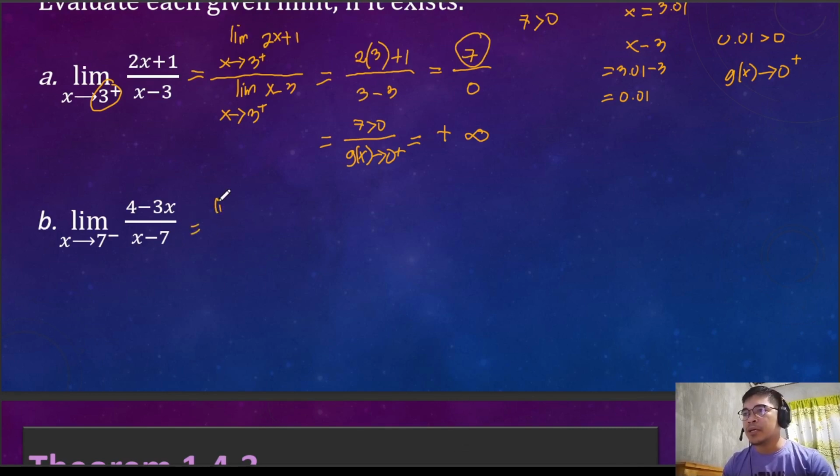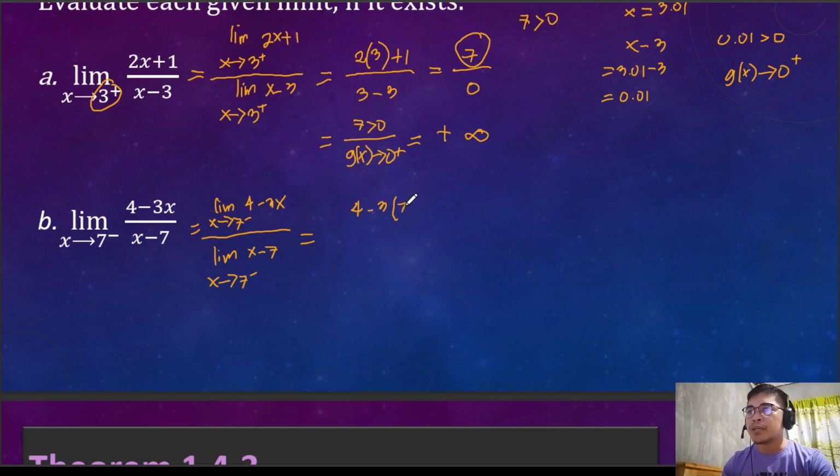So we get the limit of 4 minus 3x as x approaches 7 from the left all over the limit of x minus 7 as x approaches 7 from the left. So the numerator, we get the limit of 4 minus 3 times 7 equals 4